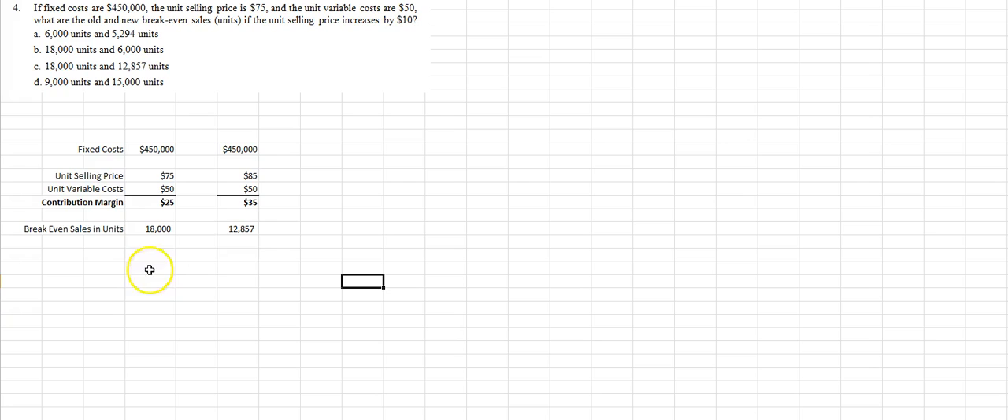But you still have to do this math, right? You still have to subtract variable costs from selling price to get the unit contribution margin, and then divide total fixed costs by unit contribution margin to get break-even sales in units. Okay, so that's number 4. Let's go to number 5